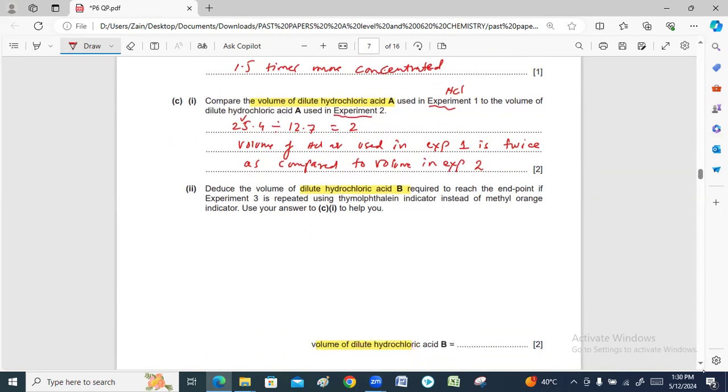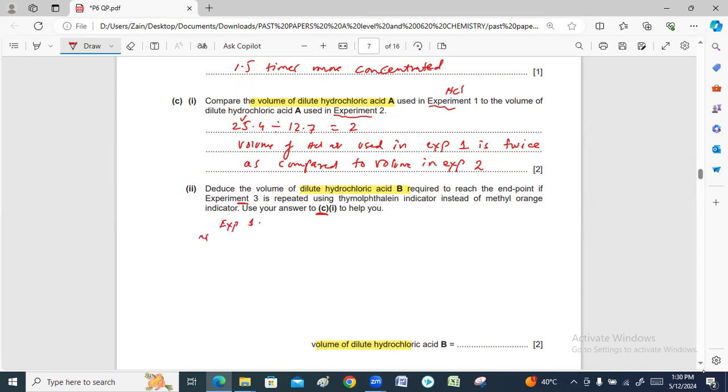Deduce the volume of dilute hydrochloric acid required to reach the endpoint if experiment 3 is repeated using a different indicator instead of methyl orange. So use your answer to C1. Now in C1, the volume is 2 times. So if we compare experiment 1 and 3, in